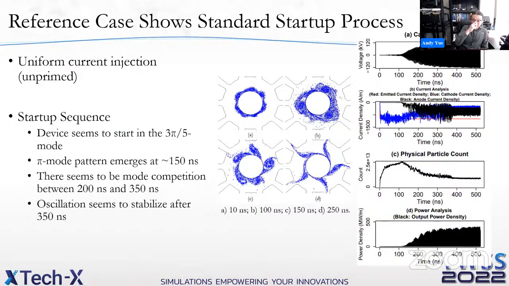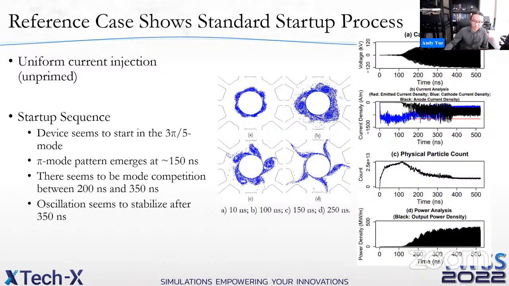First we simulate the 2D device without any priming. This is our reference case. The model can start up very quickly without any priming. This figure in the middle shows the macroparticle distribution at various time spots. In the beginning of the simulation, we can see the electrons being injected around the cathode. A bit later in subplot B, at 100 nanoseconds, the electron population is showing a 3-spoke pattern, which corresponds to the 3/5 pi mode. Then at about 150 nanoseconds, the electron population begins to shift to the pi mode, which gives you this 5-spoke pattern. And at 250 nanoseconds in subplot D, this